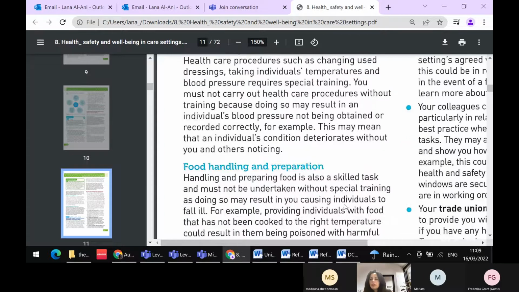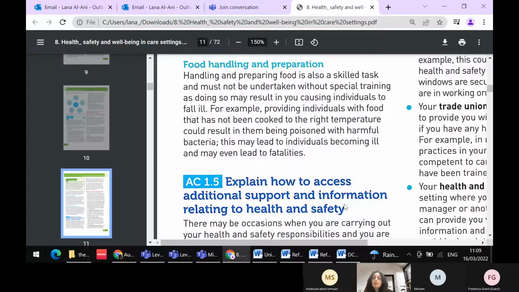Also, food handling is very important. Why? Because food is very risky if you don't handle it properly. If you, for example, reheat rice twice or more than twice, three times, four times, you would build up lots of bacteria in this rice, and then the people will suffer. So you need proper training. If you put cooked food and non-cooked food on the same shelf in the fridge, that is very dangerous. So all this needs proper training.